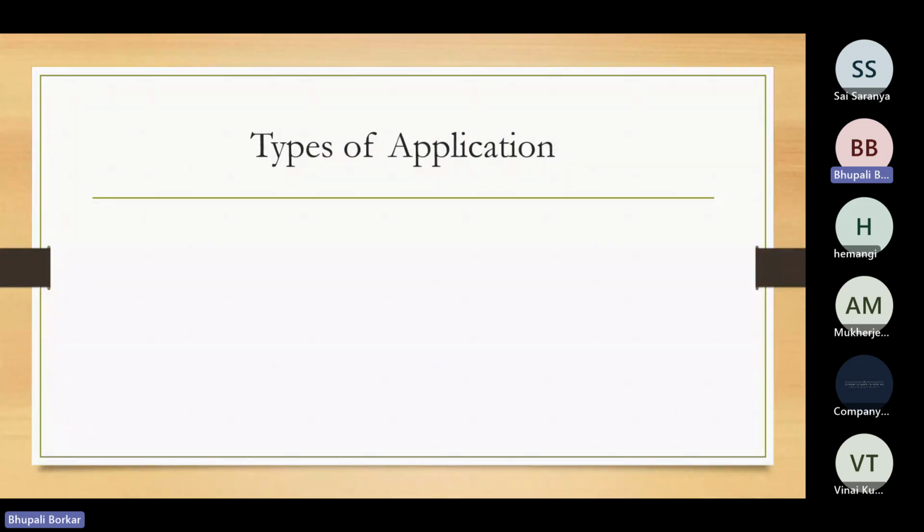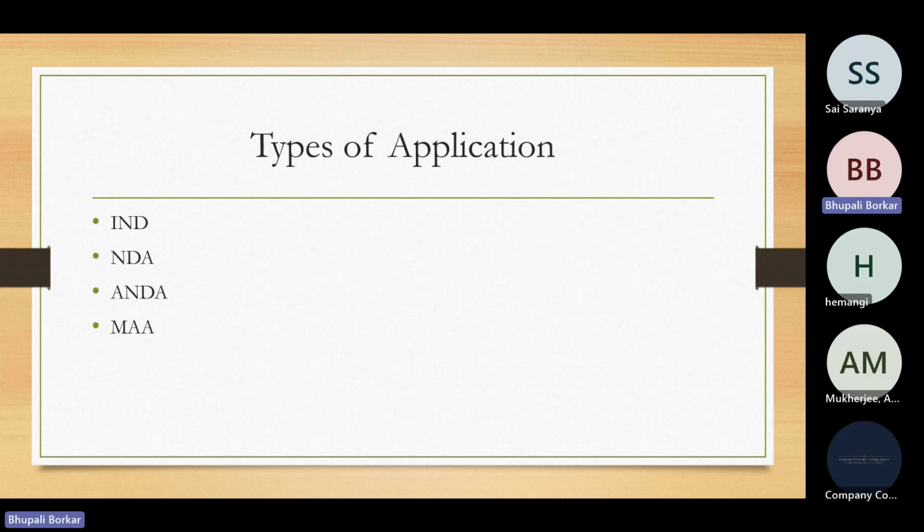So now, different types of applications. Whenever we register a product, we prepare a dossier. In different regions, it is termed differently. In the US, there is the investigational new drug application, the new drug application and the abbreviated new drug application. Now let's go one by one. An investigational new drug application is for when there is a change in any indication, that is the use of a medicine, or any dosage form.